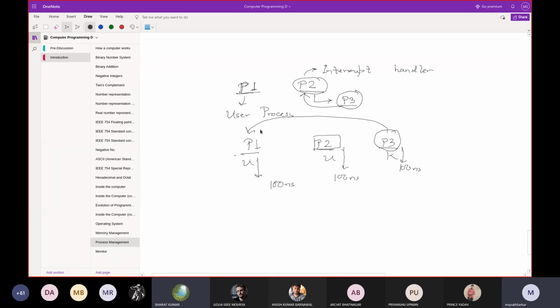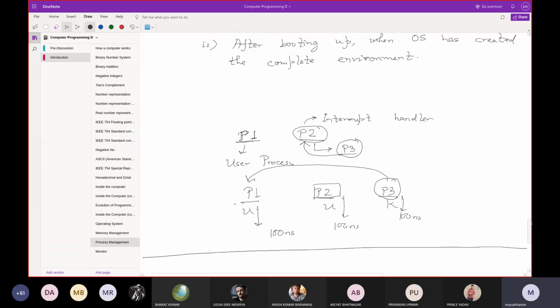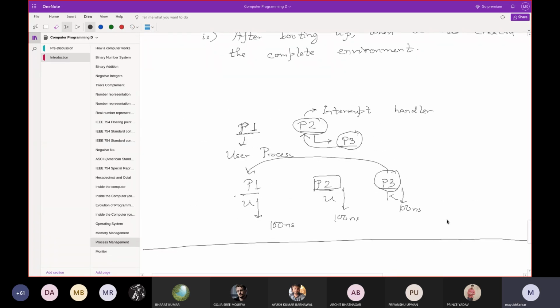Okay, in fact, it will be much clearer if you are in CSE or IT and you are going to take the operating system course. But I'm trying to avoid advanced concepts of operating systems as much as possible here, because it will drift our discussion completely from C programming, which is our focus. So any other query regarding process management?